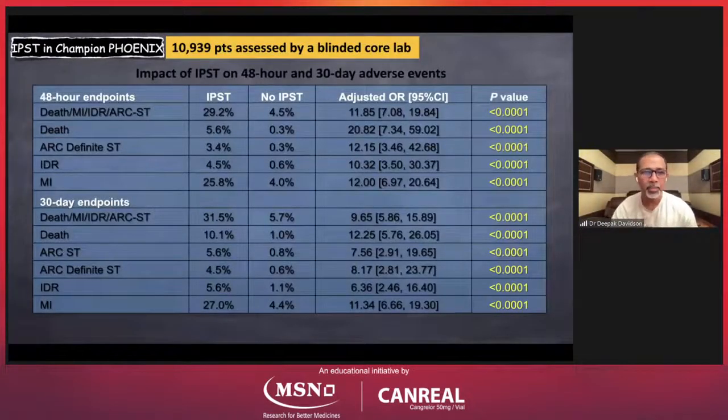Now, what is the impact of interprocedural stent thrombosis? That's again alarming. This was again data from CHAMPION PHOENIX, evaluated by Dr. Greg Stone and published. They identified patients who had interprocedural stent thrombosis compared with patients who did not. You could see that MACE, death, every event was significantly more in the patients who had interprocedural stent thrombosis